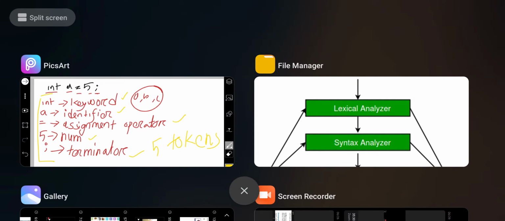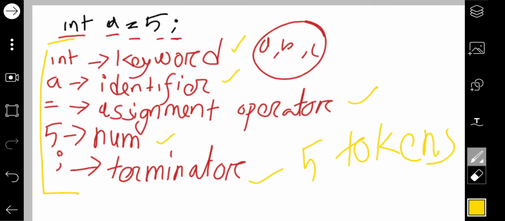So first line is taken, then after lexical analysis, we have... Lexical analysis is for each line. Whenever you are writing code, each of the lines of that code will go through the lexical analysis.